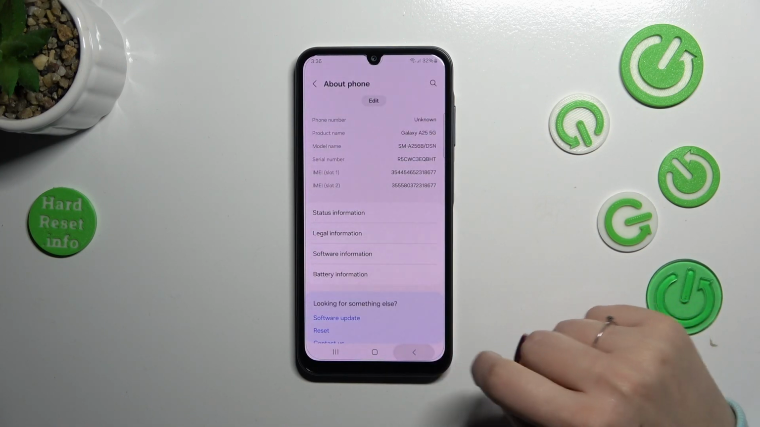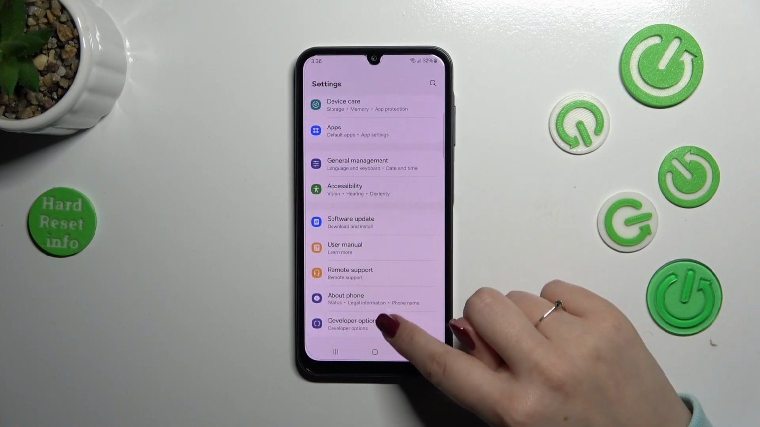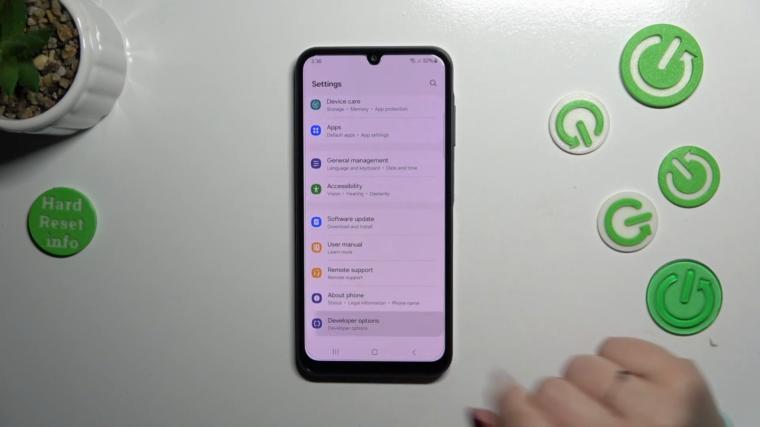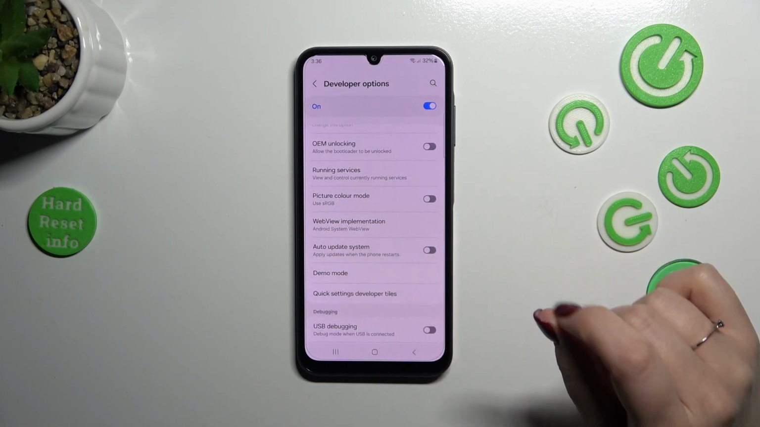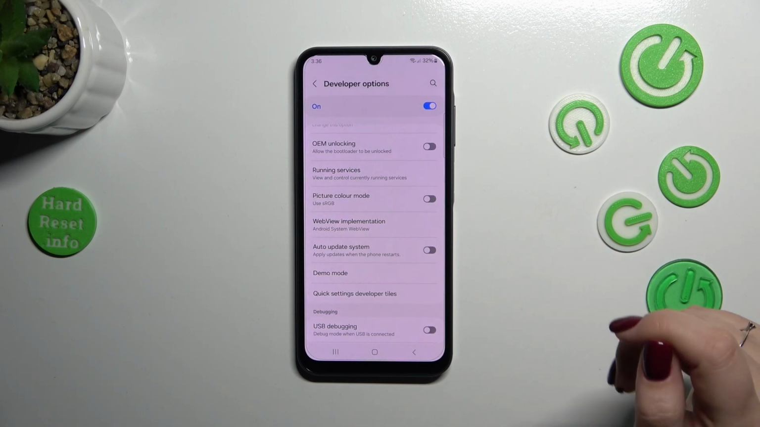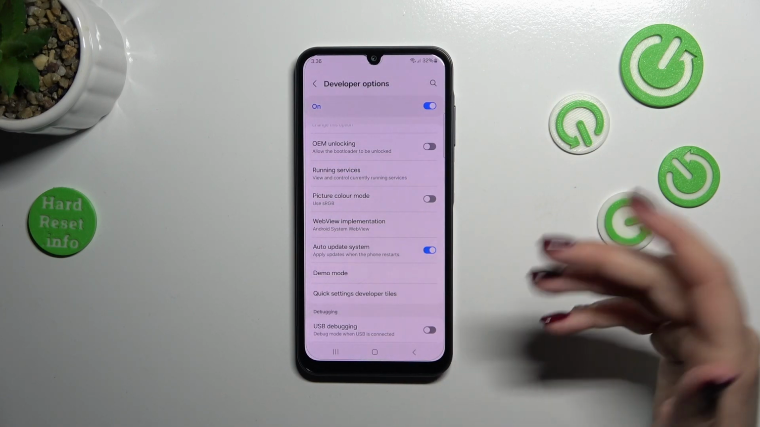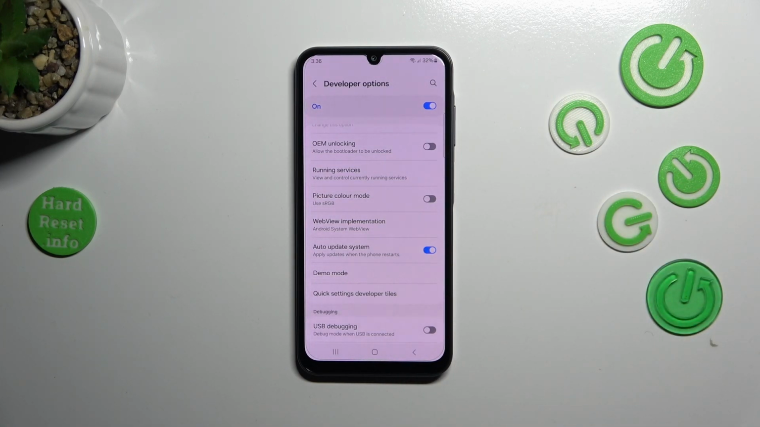So let's go back to the general settings and then enter the developer options, which will appear under the About Phone. Now we have to scroll down to find this automatic system update and turn it on just by tapping on the switcher. From now on, since this option is active, your device will apply the updates whenever it will